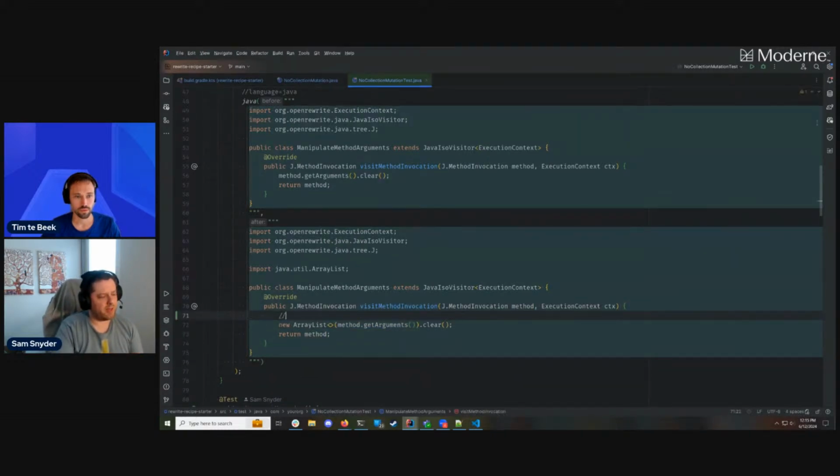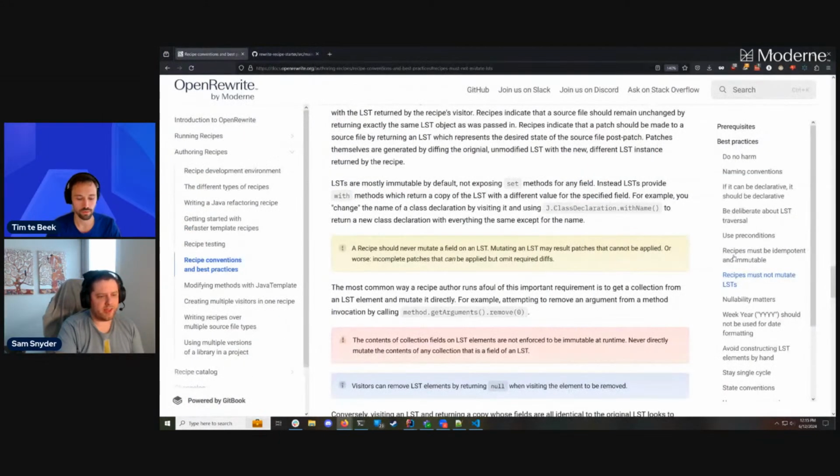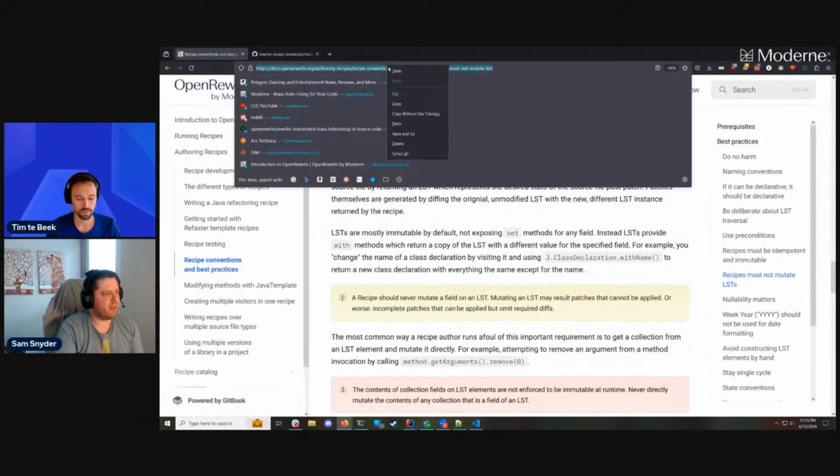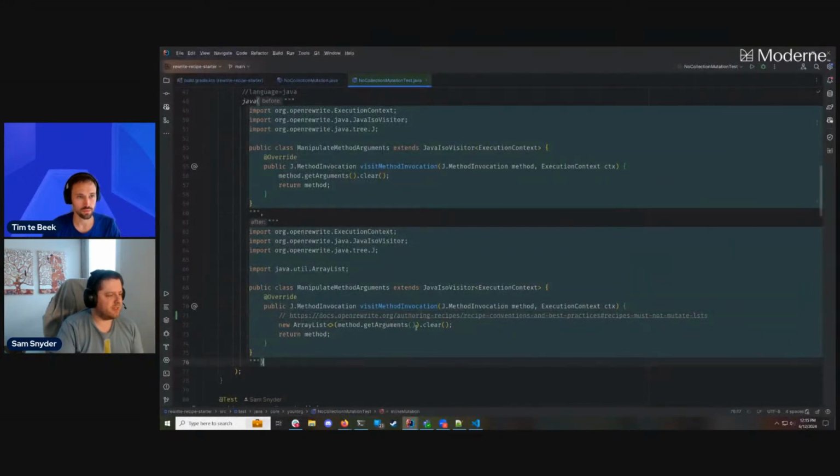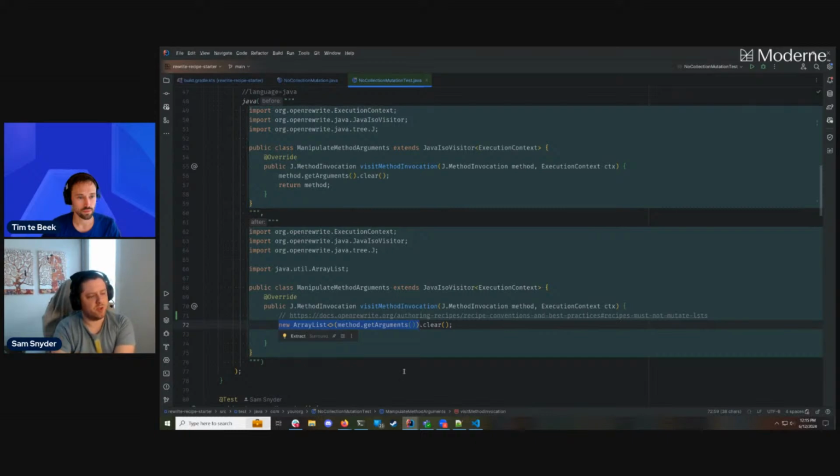I think I might augment it so that it also includes an explanatory comment, likely with a link to the relevant section of the documentation. Since, even after the recipe has run, in this example, clearly the author was intending to mutate the method's arguments, to change the arguments on the method. And just by preventing this mistake, the recipe still wouldn't do what the author of this visitor wanted it to do, which was to clear the argument list of this method